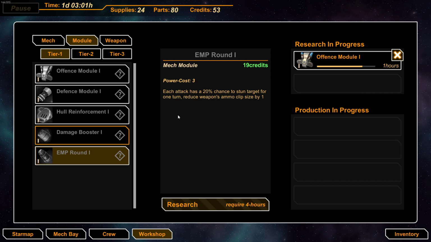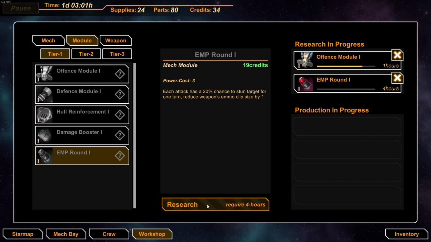EMP round. Each attack has a 20% chance to stun the target for 1 turn. Reduce weapons ammo clip size by 1. Interesting. Let's throw that in the old research too. 19 credits. We'll make it back with...